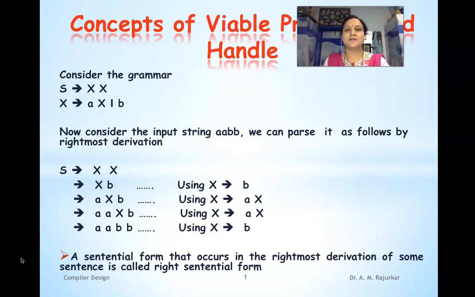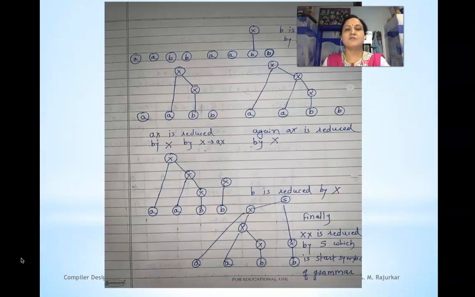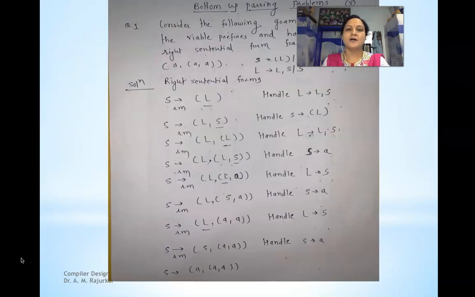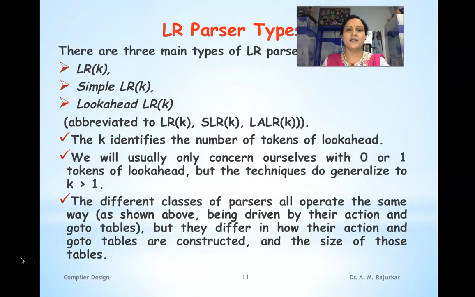Welcome to Compiler Design video lecture 4 on the topic SLR parsing. We know that in the last lecture we studied in detail the concept of viable prefixes and handle, which is the foundation for understanding the working of any LR parser. So in today's lecture we are going to start with the different LR parsers and then we will study SLR parsing in detail. There are mainly three types of LR parsers.